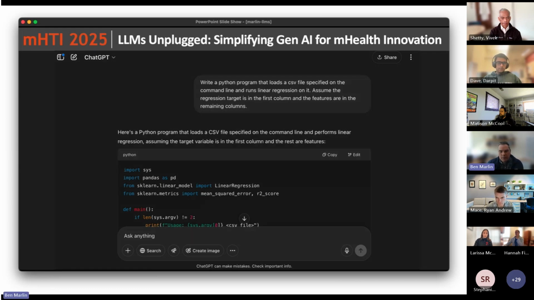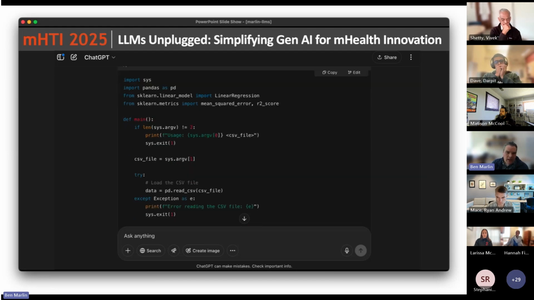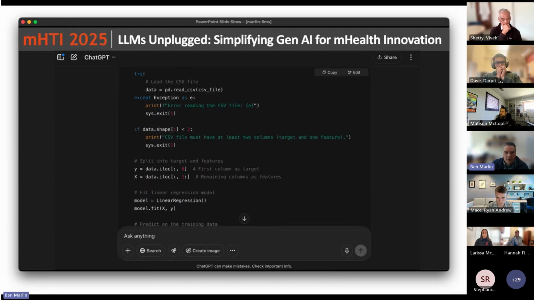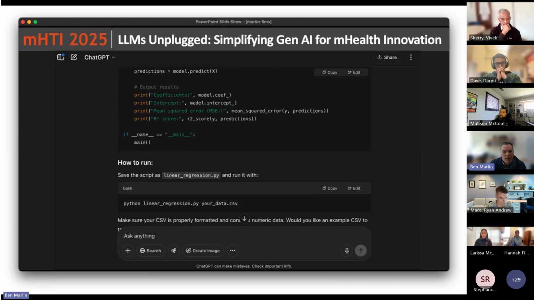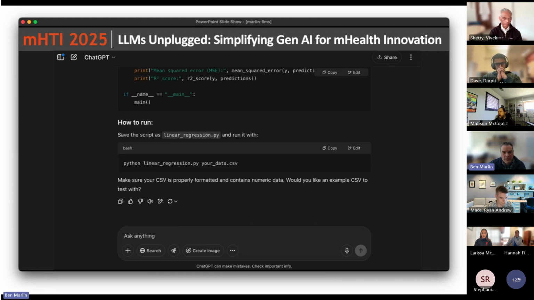Code generation is another example. Give a text prompt for the generation of a piece of code. This was asking to generate a regression model, code to apply a regression model to an uploaded file. These models are able to do things like that. Routine coding tasks, different kinds of boilerplate that's typically needed for things like developing apps. These models are able to do that pretty effectively, and it's because they've been trained on huge amounts of open source code. So their ability to support software engineering tasks that are routine is quite good. Their ability to do novel programming tasks is maybe a little bit more under development, let's say.